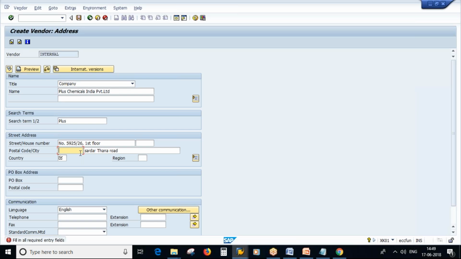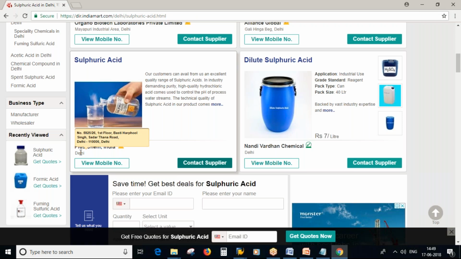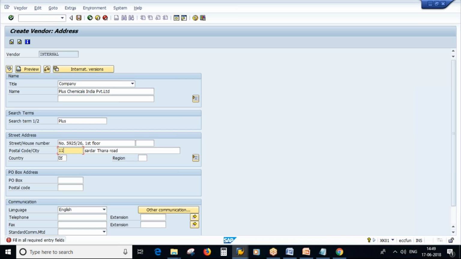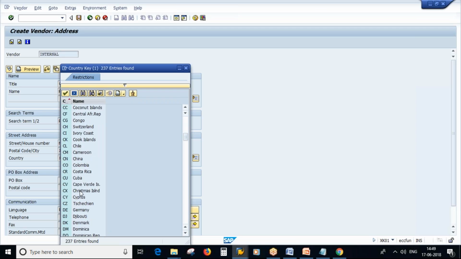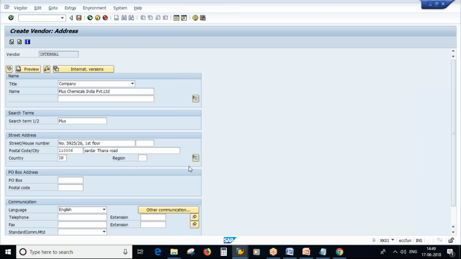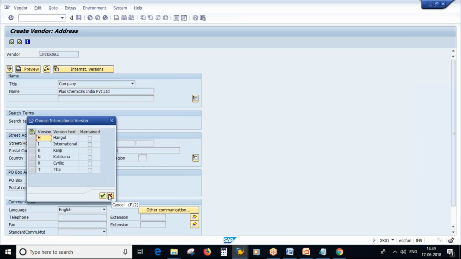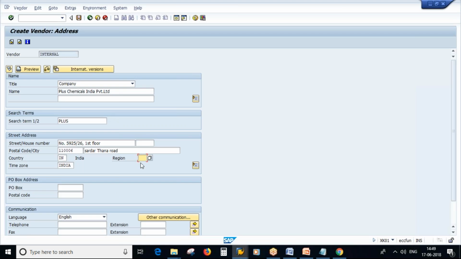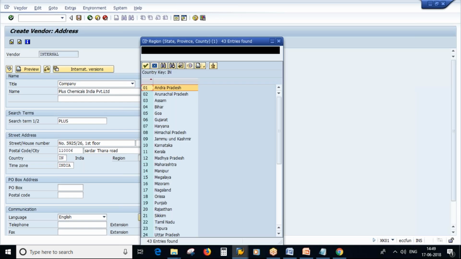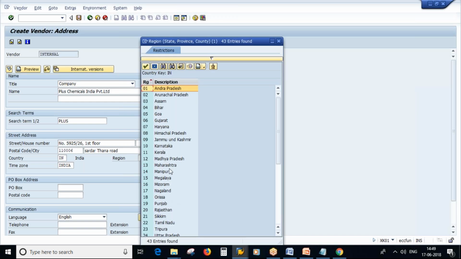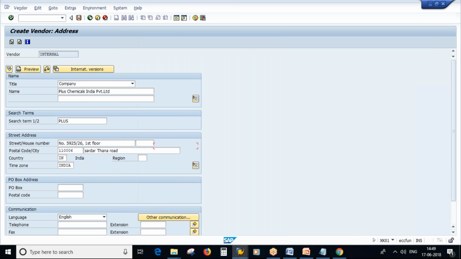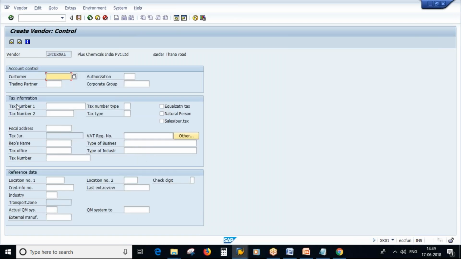You can maintain the postal code also, if it has one, 110006. Country you can maintain as India, selecting IND from the list. Press enter. Country India has come. Now select the region; Delhi is there, so select it. Once we enter the data,